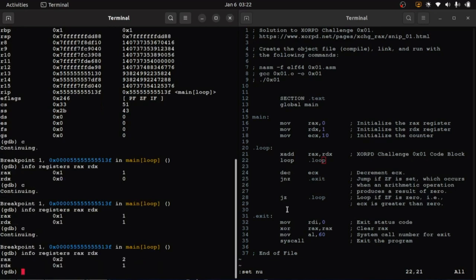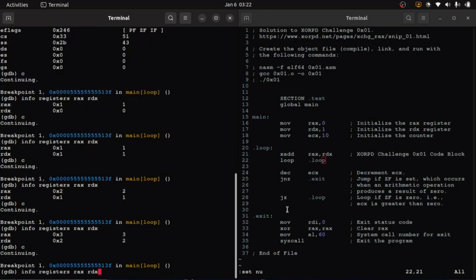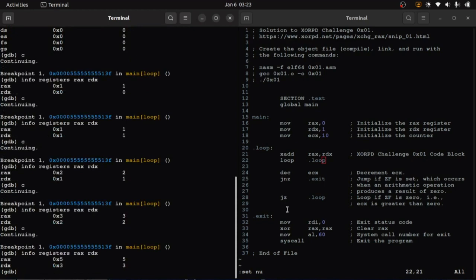Now, RAX is incremented because after the swap, both values were 1 and the sum came to 2. Now, RAX was moved into RDX, the value 2, and then RAX was updated with the old value of RDX being 1, summed to the new value of RDX being 2, for the value of 3, which was assigned to RAX. If we continue in this progression and we focus on RAX,